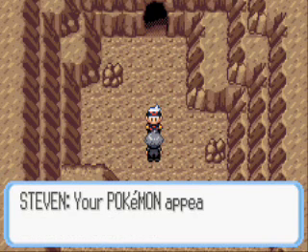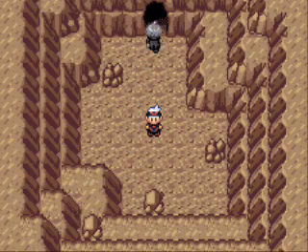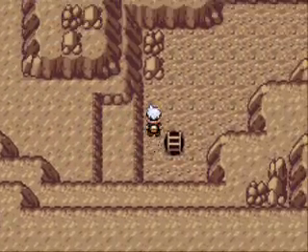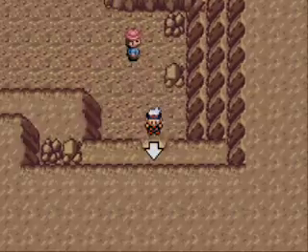Anyway, so we give him the letter, and now he gives us his favorite TM, which is Steel Wing. It's a good Steel type move. If you have a flying type Pokemon, I'd recommend teaching it. Good type coverage. A lot of things resist Steel type, but it's good for things like Rock, Ice, stuff like that. So anyway, that's all we have left in this cave, and there's really not much more in this video,